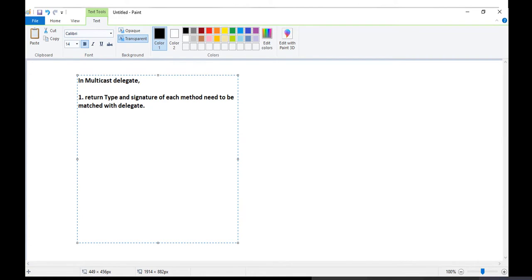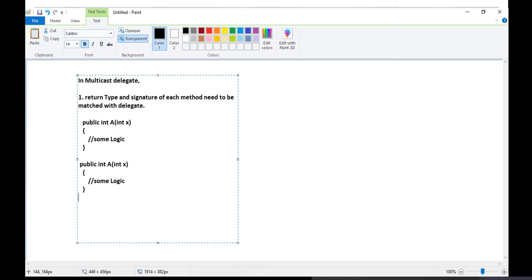Let's say I have three methods: method A, method B, method C. For example, I'm writing a method public int A, with some signature, let's say int X, and some logic I write here.